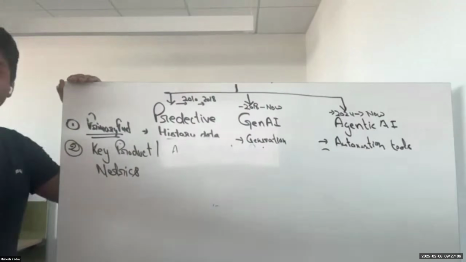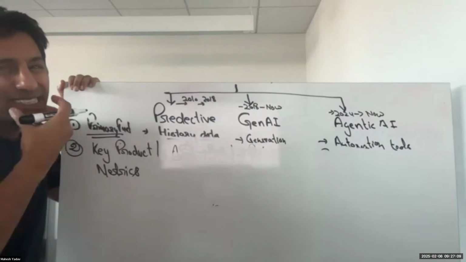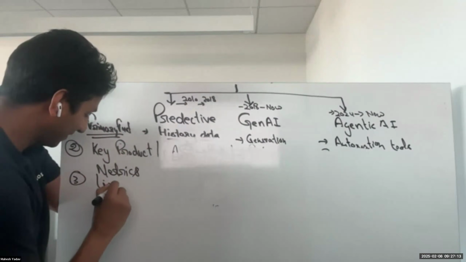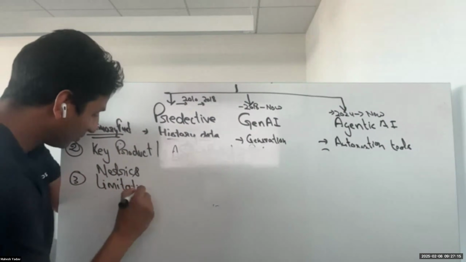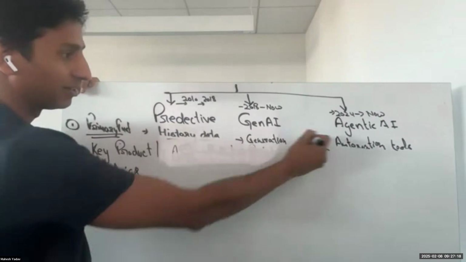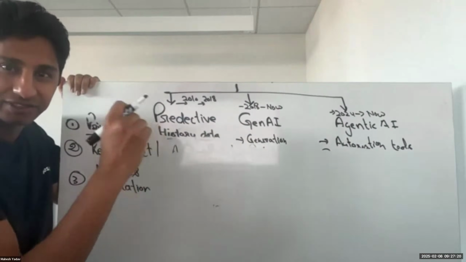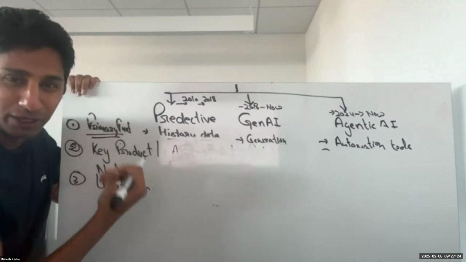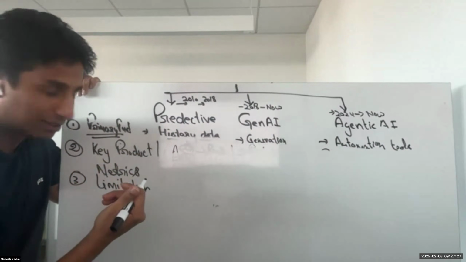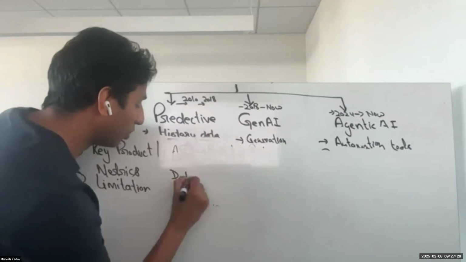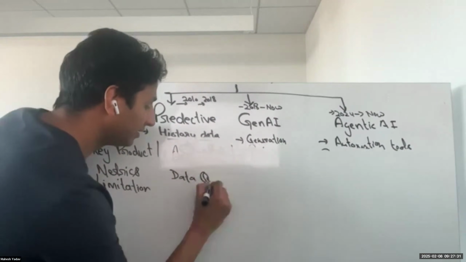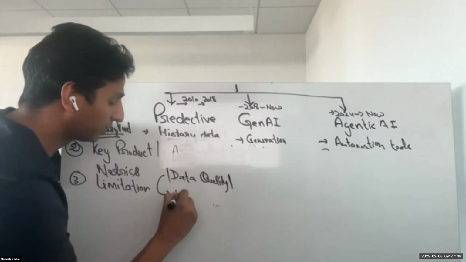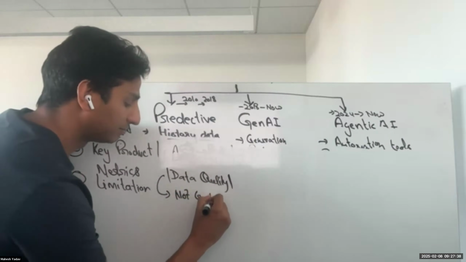I'm almost done with this one, but tell me limitations. Okay, we are measuring. We know how to measure. We know what they are. What are the limitations of these? Anyone? Predictiveness. Great. Needs data quality. We need data, right? Data quality, a lot of data. Also not creative. Can I say that?